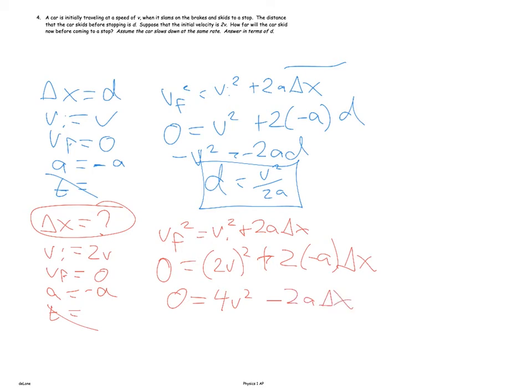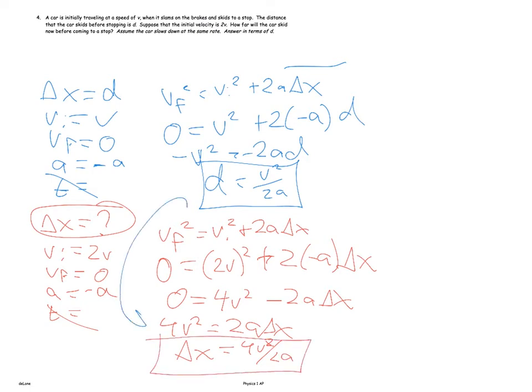Ultimately, we're looking for delta x here, right? And so I'm going to say 4v squared equals 2a delta x, which means that delta x is 4v squared over 2a. Now, some of you might be able to look at this and compare these two and see what the final answer is. If that's a little bit tricky for you, what I'm going to do is a technique